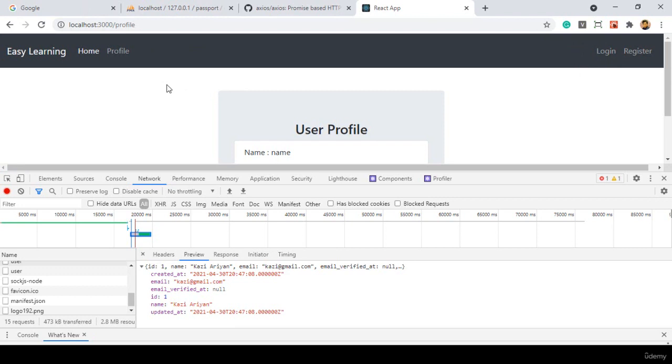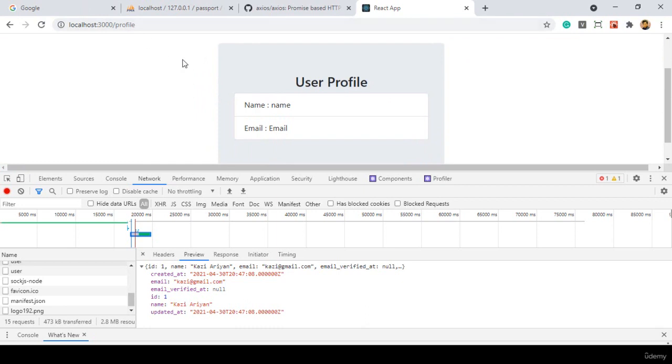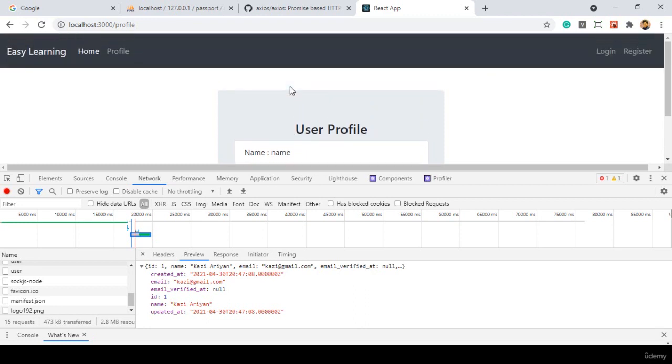So step by step, friend, as I told you, I will create a complete authentication system. So authentication related everything I will cover one by one. So how can we display this profile name, that means the user in your profile page? If you want to display the login user name and the email, how can we display it? In our next video,